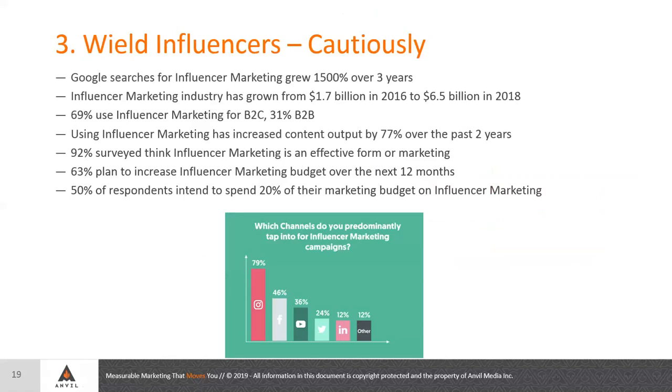From an agency standpoint, we're a digital marketing agency, but influencer marketing agencies have come on the scene back in 2016 and have more than quadrupled here into 2018. So it's continuing to grow exponentially. You can read all the stats on there, but 69, or almost 70%, use influencer marketing. So if you're not using it, it's something that you should consider or put in a budget line item